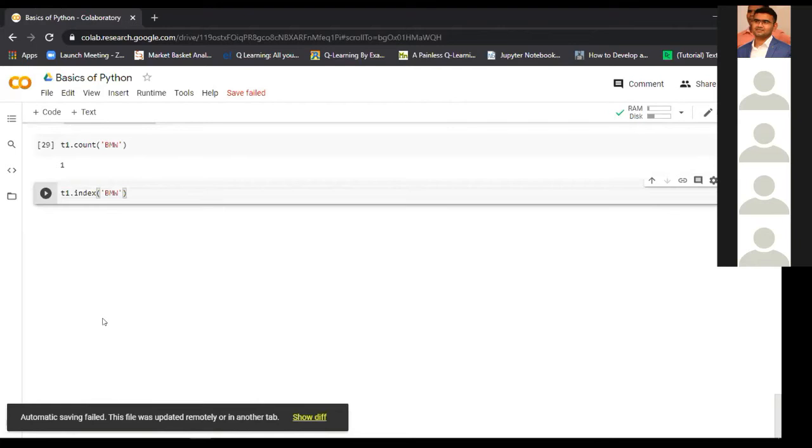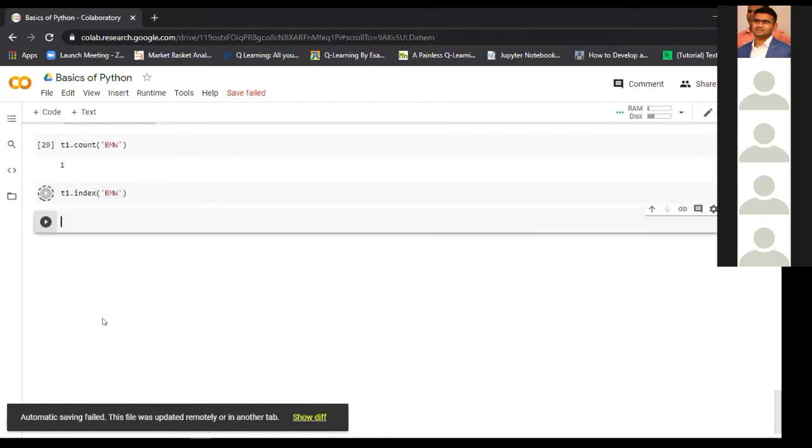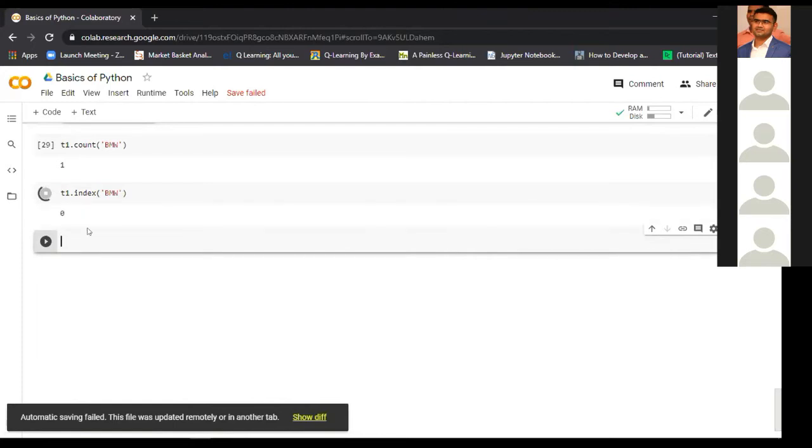Index will return the index of that particular element in that iterable. This is valid only for ordered iterables, because in unordered iterables we do not access the elements using the index. Yes, here we can see that the BMW is at the 0th index. So this is about the tuple.